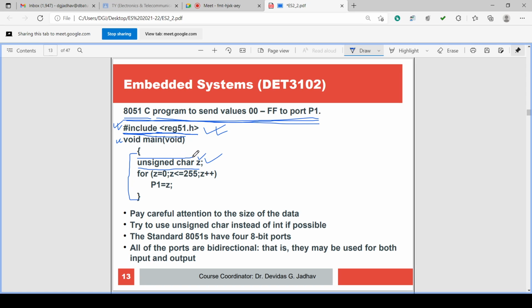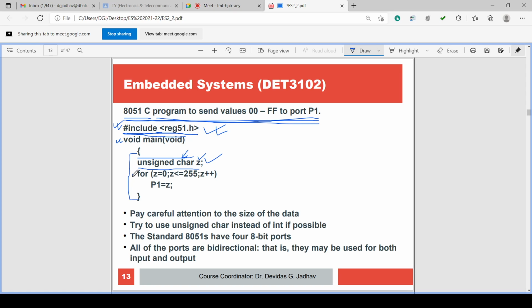Normally char is used because it is a single byte, which saves memory, and in embedded systems saving memory is very important. Unsigned means its range is 0 to 255. If it is signed, the range will be minus 128 to plus 127.